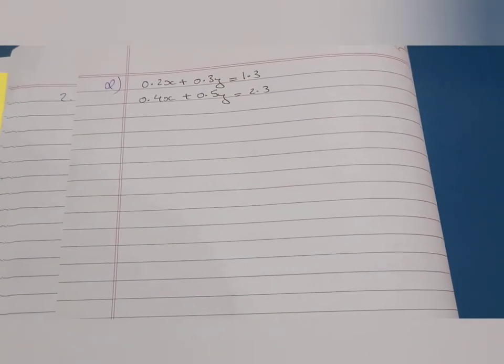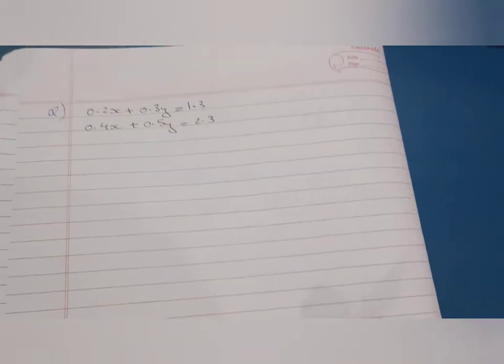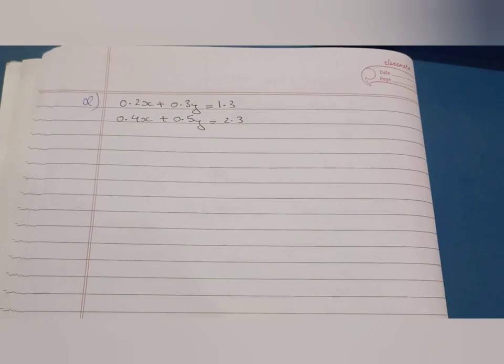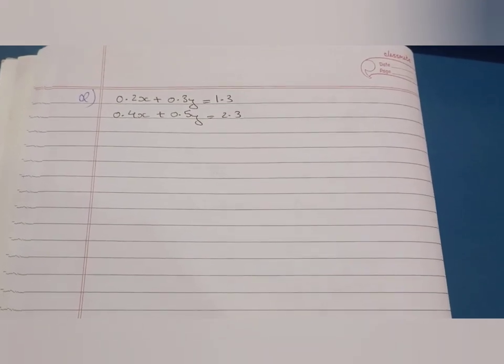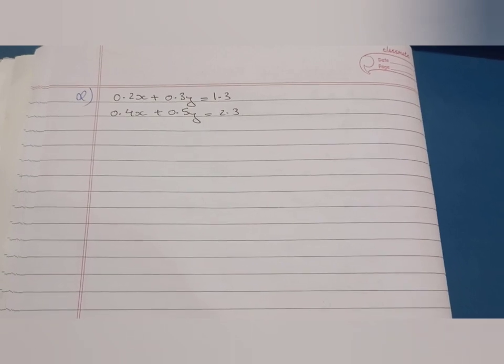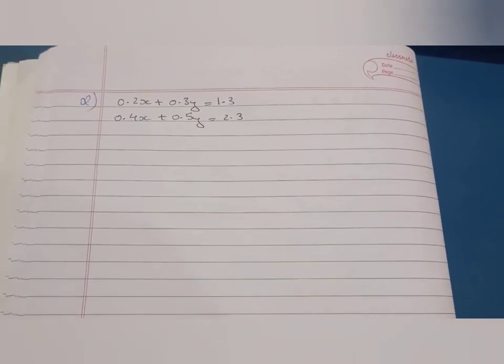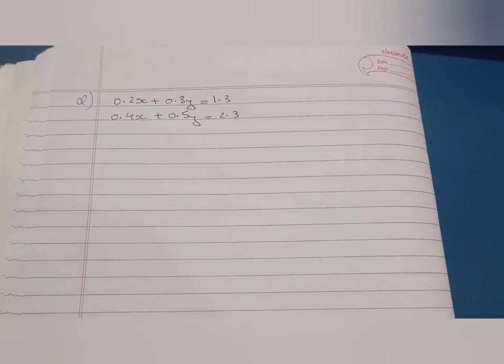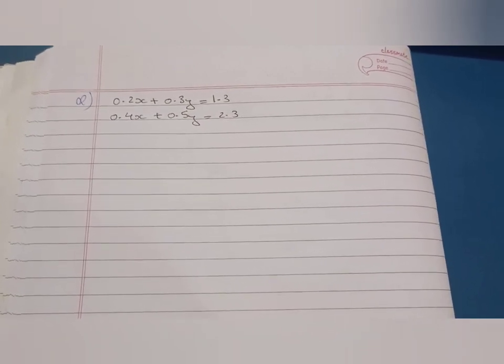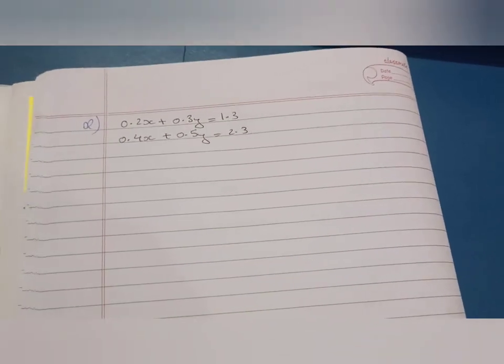Now let's solve one more question using the same method. In this question, the given pair of equations are 0.2x plus 0.3y equals 1.3, and the second equation is 0.4x plus 0.5y equals 2.3. Since we have an equal number of digits after the decimal point in all of the coefficients as well as the constants, we can easily